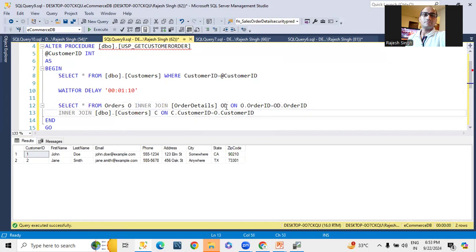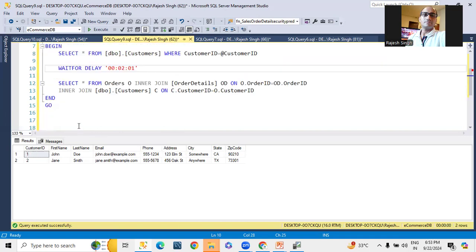And customer ID is part of the order table basically. So we have two sets of query, and in between I added one WAITFOR DELAY. Basically, this command will delay whatever value you mention. In my case, its execution is 1 minute 10 seconds. Okay. So let's suppose I want to figure out if any procedure is running beyond that, let's say I'm going for 2 minutes. If any procedure is running more than that, it means we have to capture.